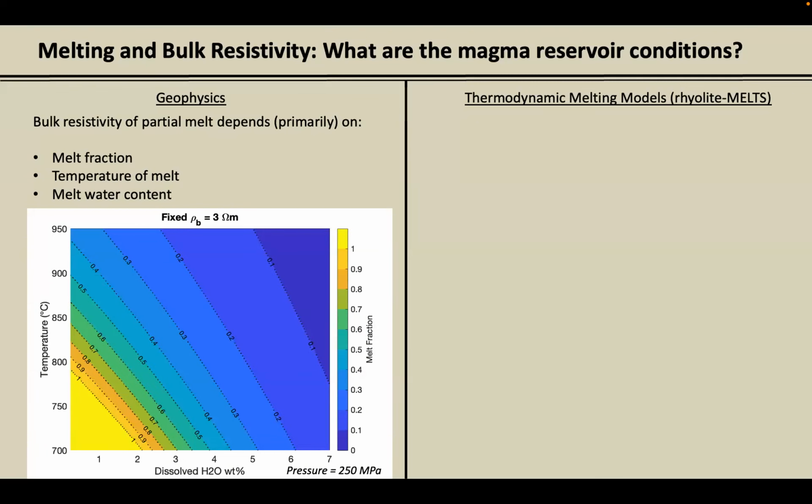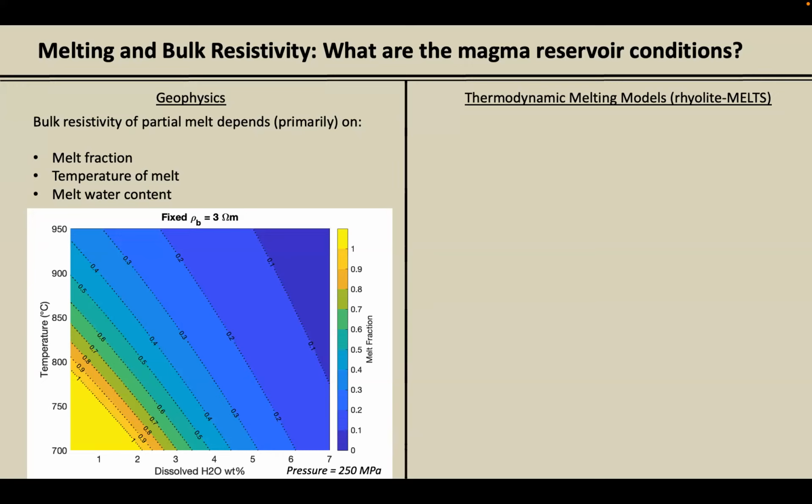From the geophysics side, the bulk resistivity of partial melt depends primarily on three things: melt fraction, temperature of the melt, and the dissolved water content of the melt. I say primarily because there are other factors, but for simplicity's sake, these are the primary ones. So if you have a fixed bulk resistivity, in this case 3 ohm meters, that you get from your MT model, you can construct a parameter space of all the possible interpretations you could make for that